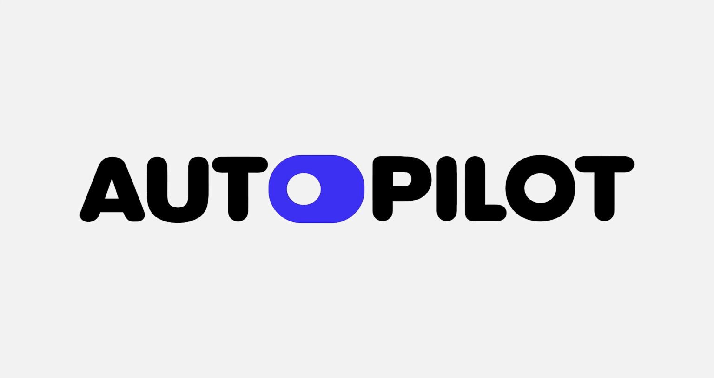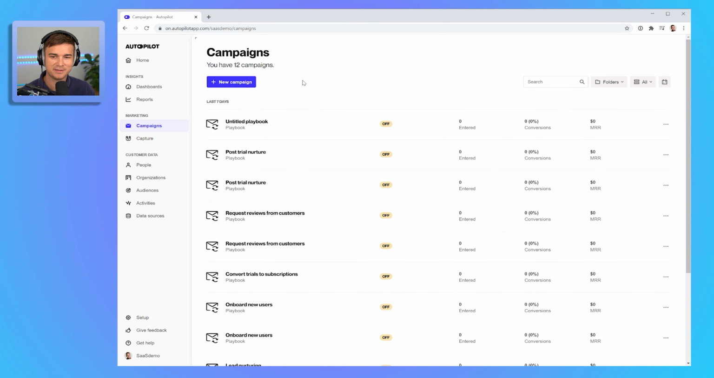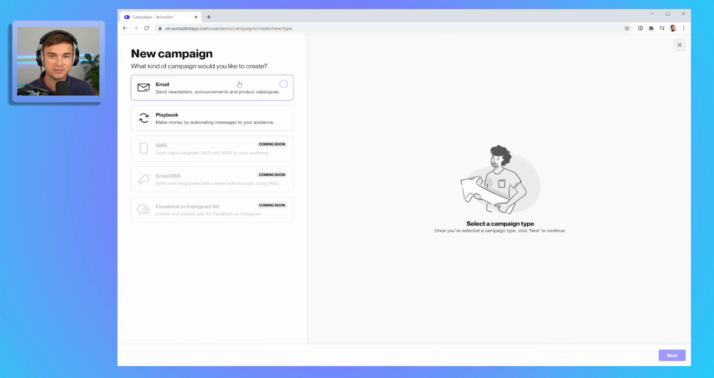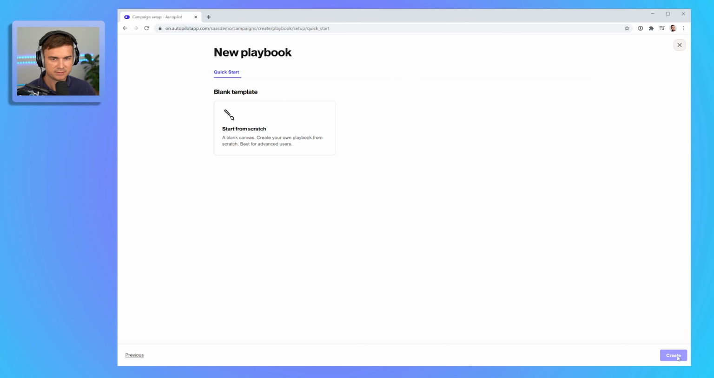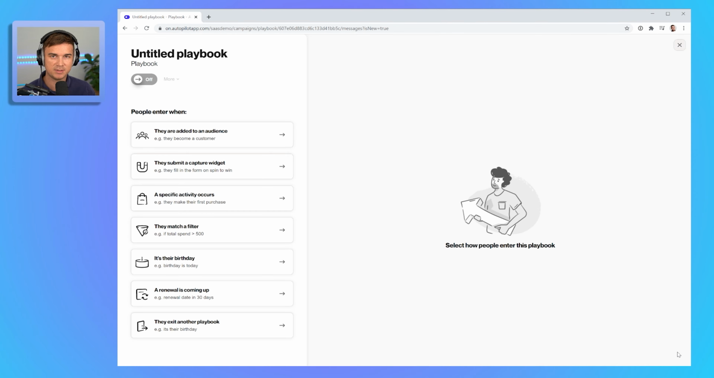Okay, so the first thing you need to do after logging into your Autopilot account is navigate to campaigns. And then you need to click New Campaign, select Playbook Campaign, click Next, and we'll choose Start from Scratch because we want to build this playbook all by ourselves. So at the top here, you need to give the playbook a name, and we're going to call this Playbook